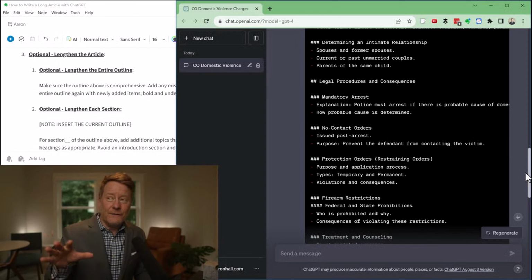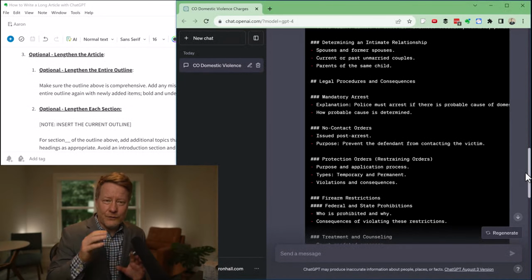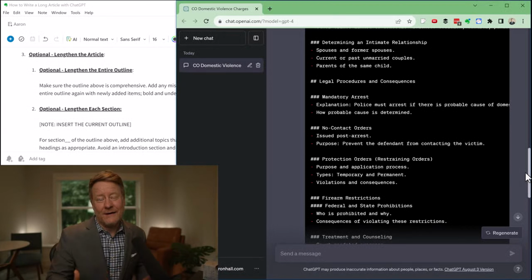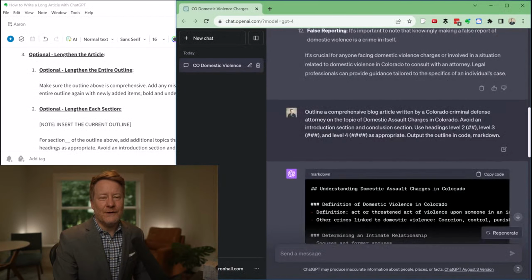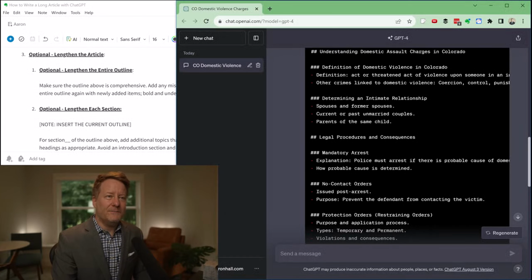The way to do it is you paste that information from an article in here so ChatGPT has it in its short-term memory, and then you can ask ChatGPT to write about that or integrate that into the article you're writing with the outline structure that you have. So pasting it in here is one way to do it. Another way to do it is with plugins, but we're not going to get into that today.